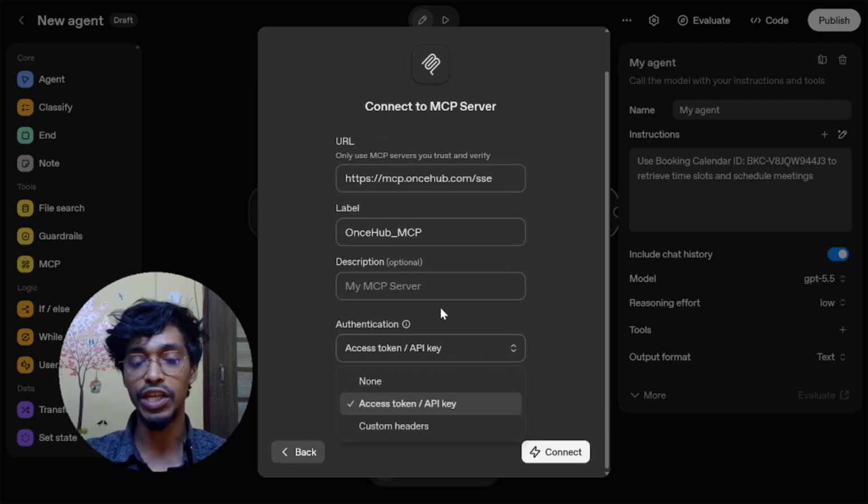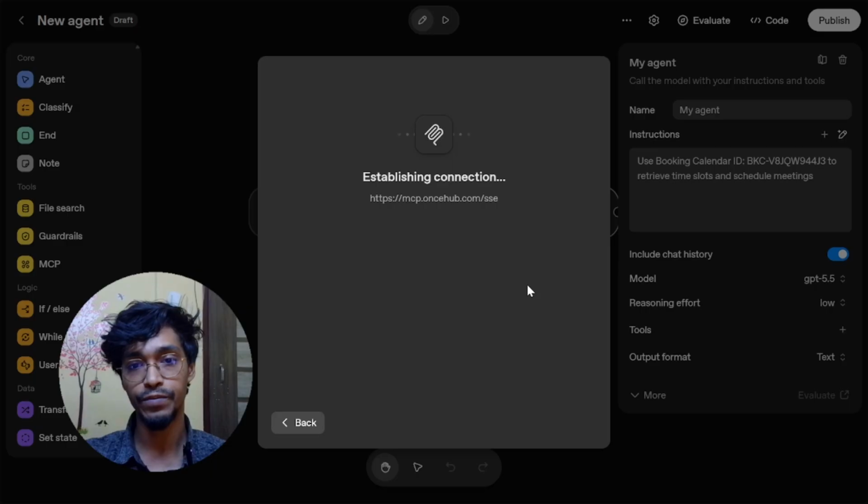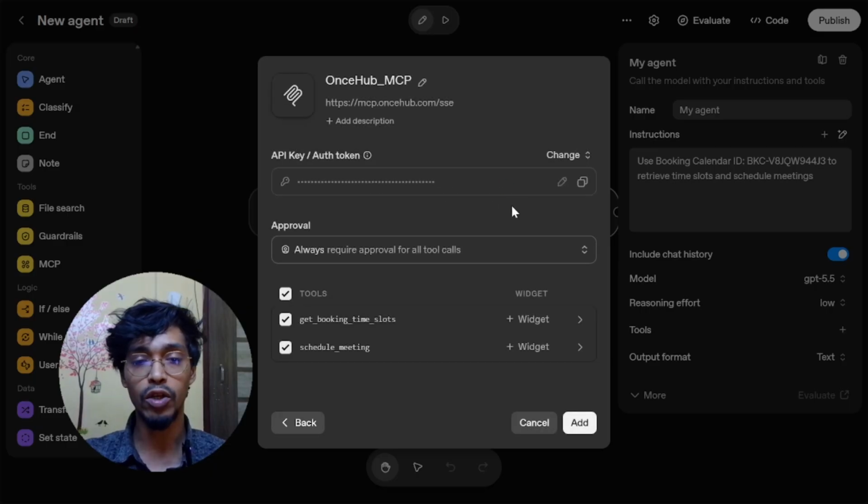For the authentication, you'll see there are three different options. We will be selecting the option for access token or API key. And we can simply paste our API key. It looks like OpenAI is able to connect with OnceHub's MCP server and detect the available tools, which we can